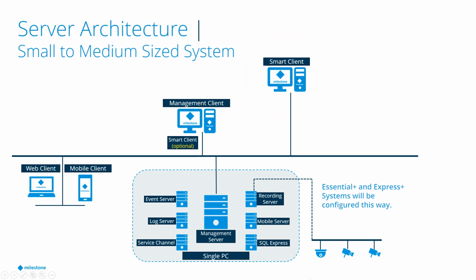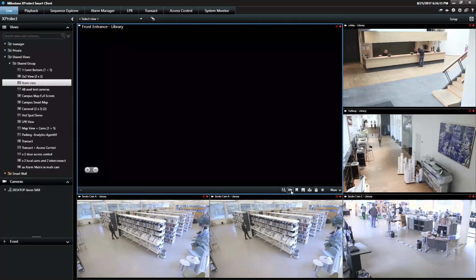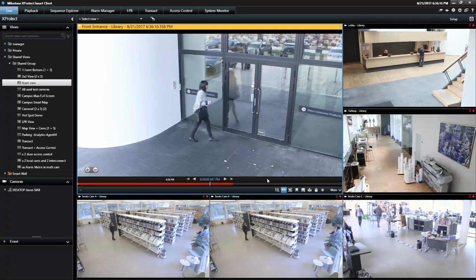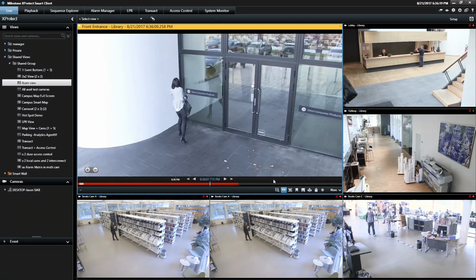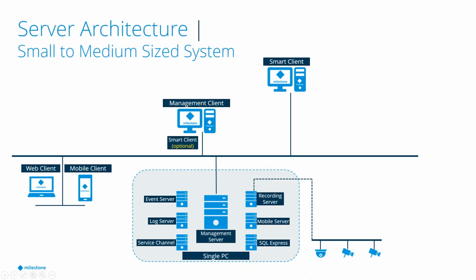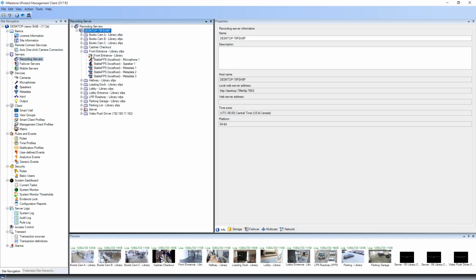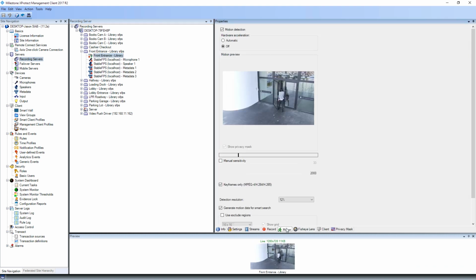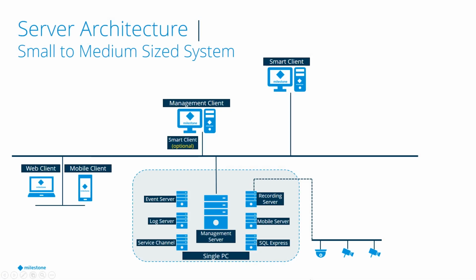Our Windows-based Smart Client software is the primary tool for viewing live and recorded video from your system. There are no limitations nor extra charges for multiple users connecting in to view or review cameras. Our Windows-based Management Client software is used for managing your Milestone system, and is where you'll make camera and user modifications, set up rules, and administrate the system. Both of these software packages may be installed on as many PCs for as many users as you like.